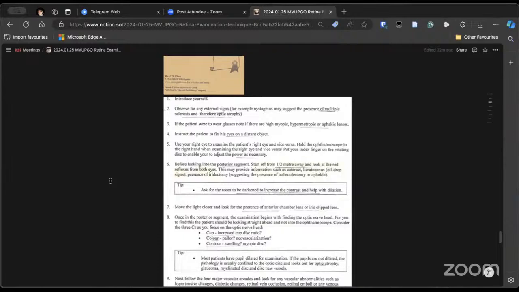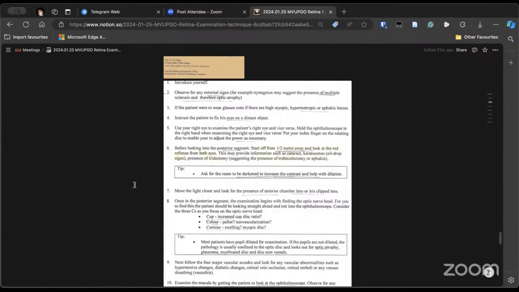This is very important. Even if you do not do anything, you have to ask the people to darken the room. And definitely in your body language, show that you are grateful and appreciate that the candidate or the patient is helping you. Do not ever become angry. The patient may be uncooperative, or they may be a child, or they may be old people. Do not become angry. So you have to practice your patience. This is very important. If you behave badly with the patient, then it is definitely a wrong thing, and these are taken very seriously by the Royal College.